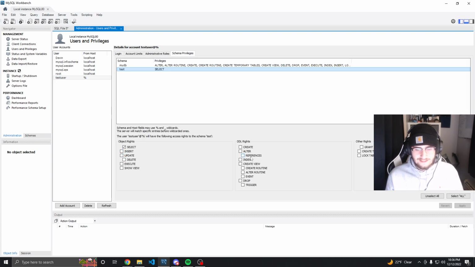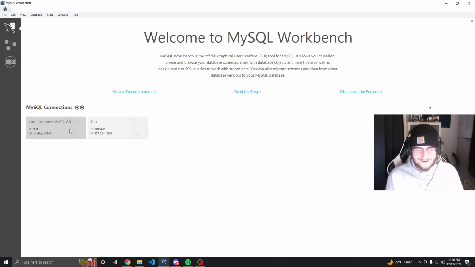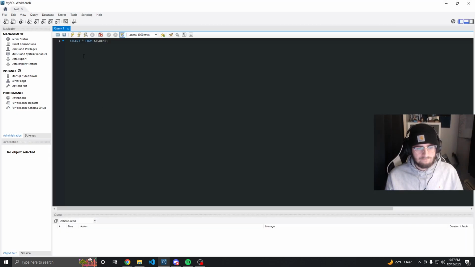We can go to test, and if we want to give him another privilege, so if we went to this drop privilege and we hit apply, there's a good chance we're still going to get that error, but it won't be the error from the local host. So we go back into the other user that we were just in, the one that we just created, and